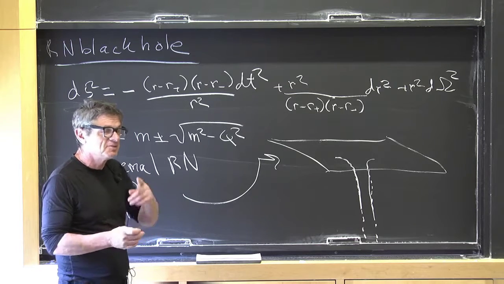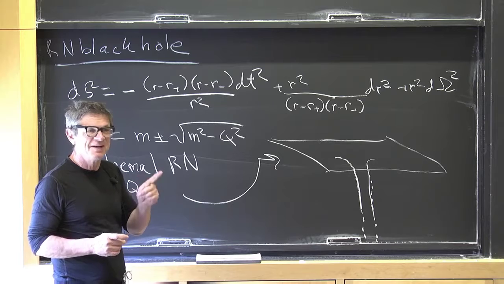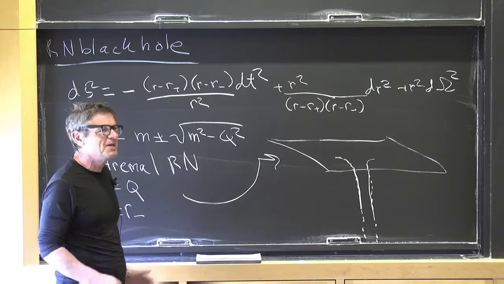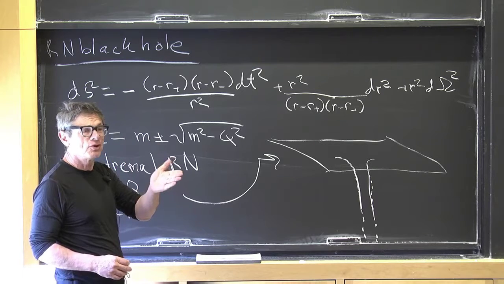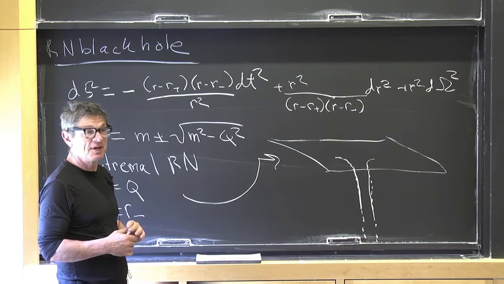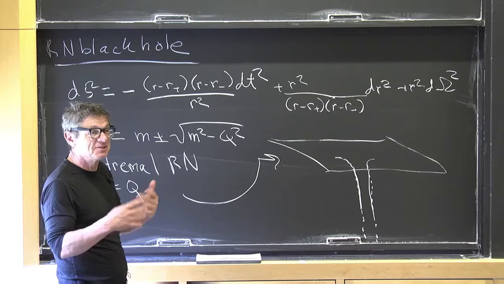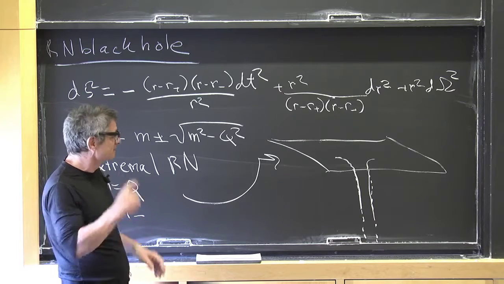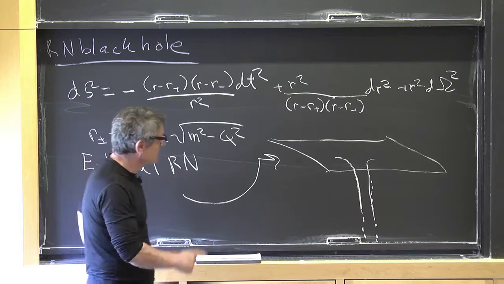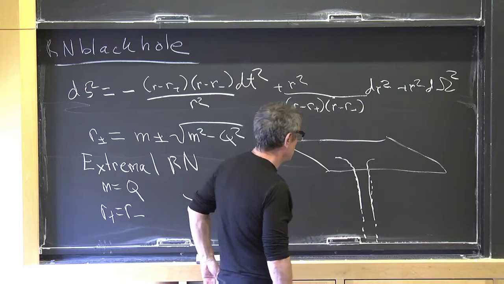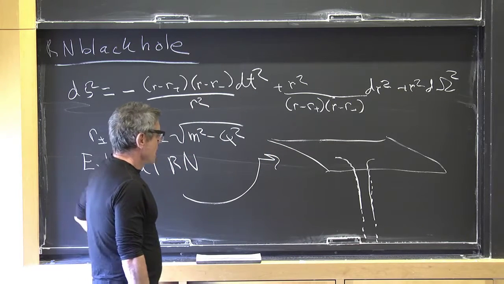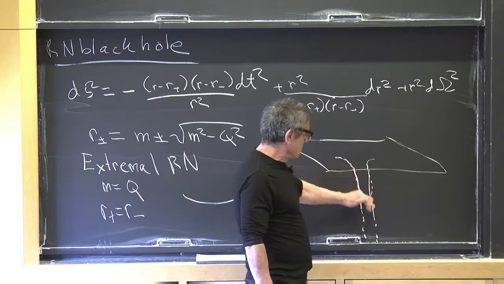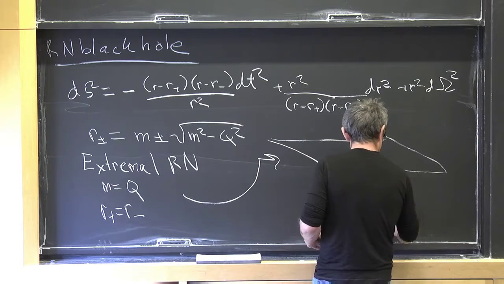OK, that doesn't mean the horizon is infinitely far away. One of the many weird things that happens in general relativity, you can still fall across it in a finite amount of time, even though at any instant of time the distance is infinite. And also null geodesics get there in finite affine time. And we talked about a near horizon limit